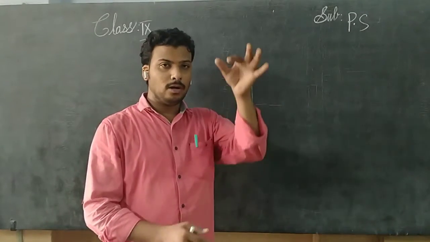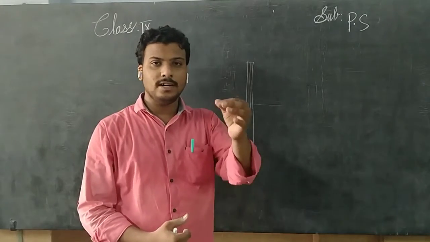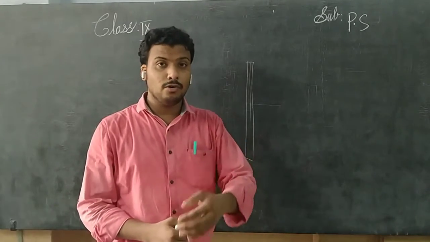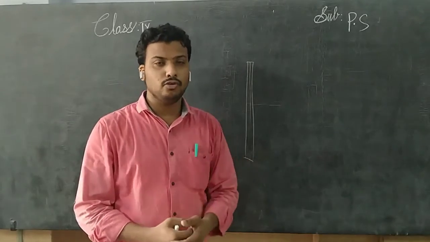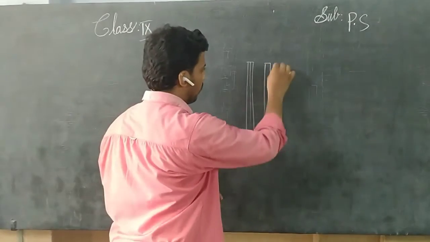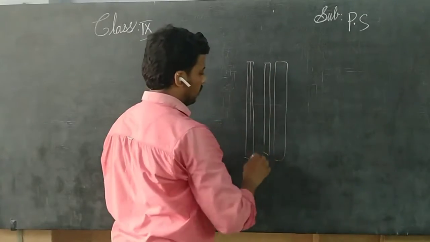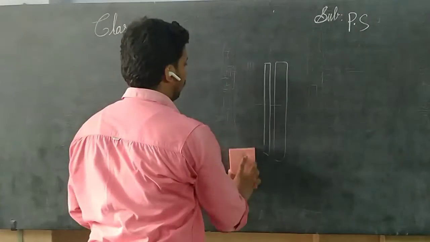Previously you took one long plastic tube of nearly 200 centimeters in length. Now cut it in half along the length of the tube, children. So I cut it, and what will happen? I will get one tube and another tube. Means I cut it into half, so I get two parts.